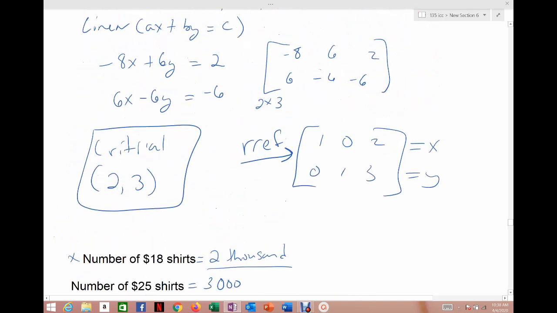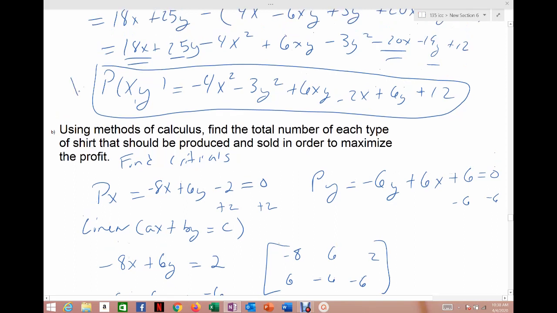So I go all the way back up here and plug my critical value into this expression that I found. So again, I'm going to plug in my 2 and my 3 into this function. And just make sure you're very careful when you plug your 2 in for x and your 3 in for y into that original expression. And so again, just make sure you're very careful when you're typing it out. Alright, so when I do that,